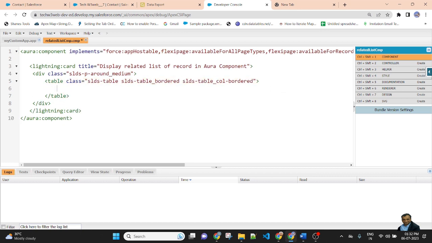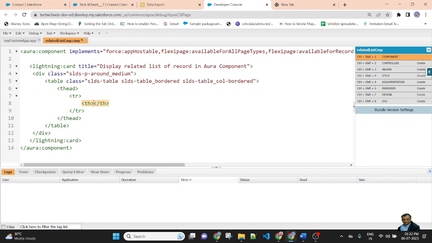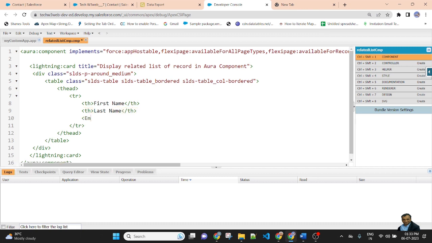Inside the table I will create a table head, thead. Inside the thead I will create a TR, then create a TH. I will create first name, last name, email, and I will display the related list of records.